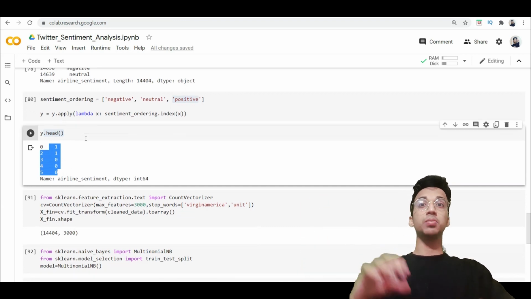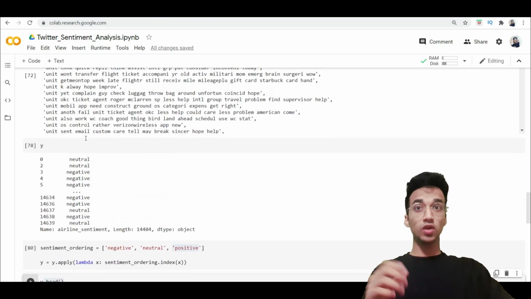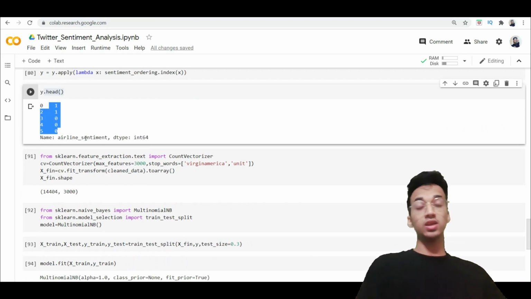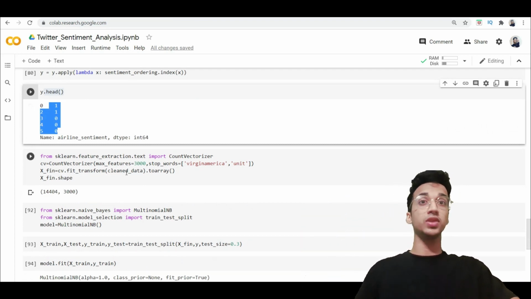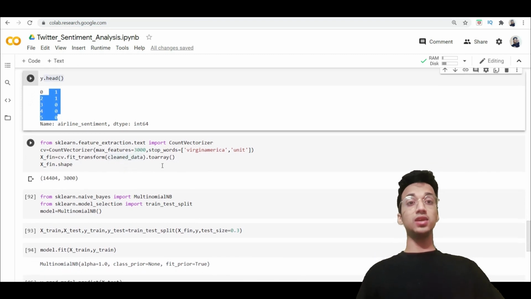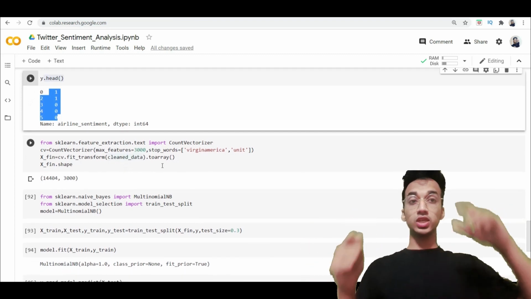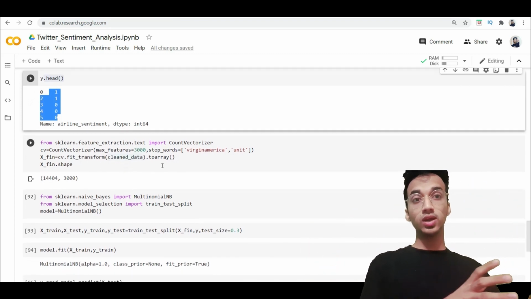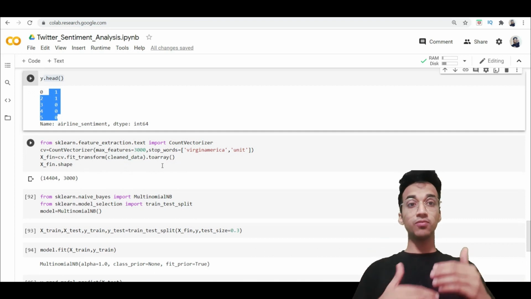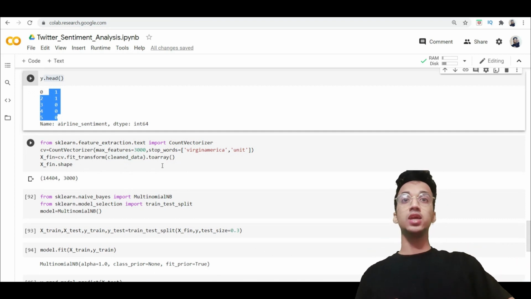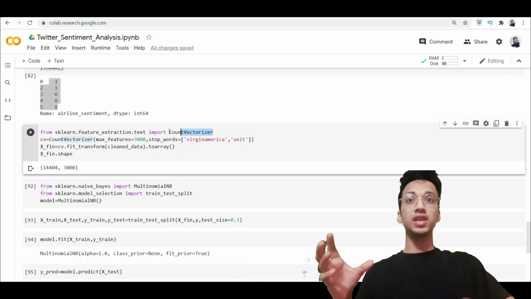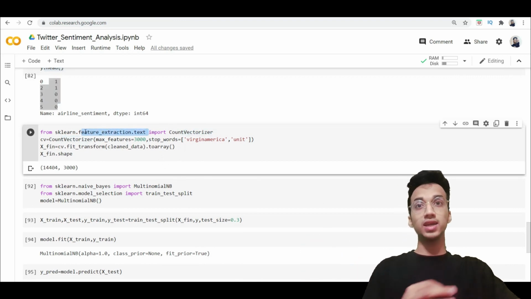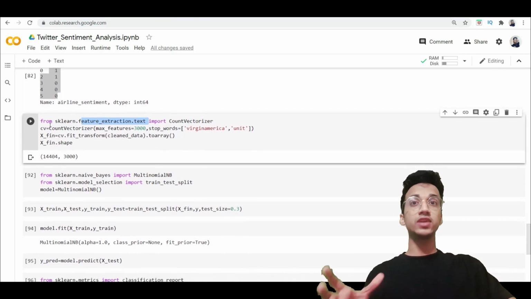Now the final step: you have this list of words, and you have to convert that into numbers as well. For this we're using the bag of words approach. I have explained that in detail in my previous video. You're going to form a table in which each column is a different word, and you represent them with their frequencies. For that we use the count vectorizer function, which is present in sklearn.feature_extraction.text, and here I'm calling that function.